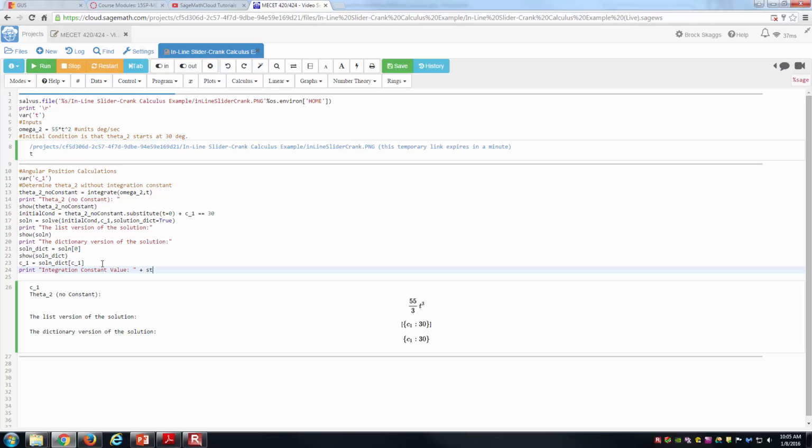And here I'll print in the same line is C underscore 1. And so this very last bit of output here, you can see the integration constant value is 30. And so I finally got that 30 value out. And so the only thing left to do is basically combine this. And so we have this 55 over 3 t cubed, but this really needs to be plus 30 in order to be the actual position